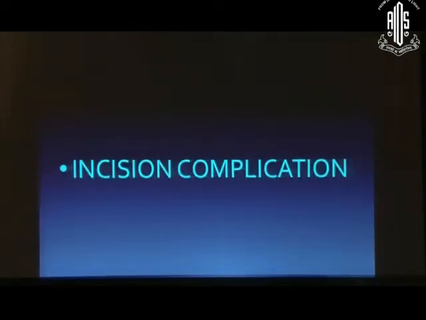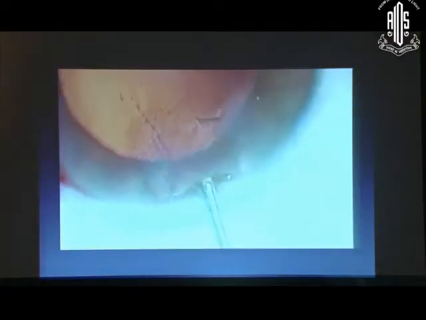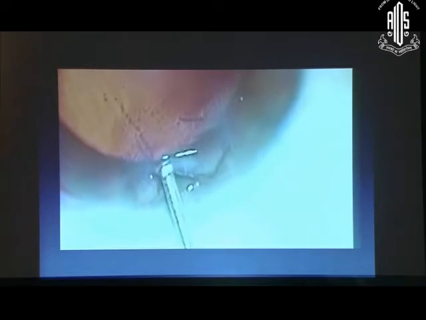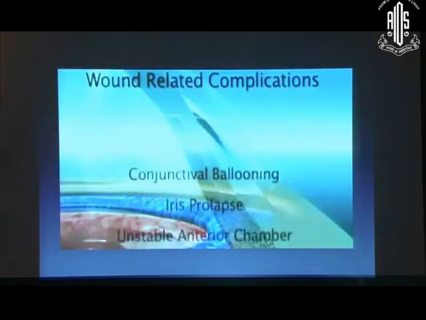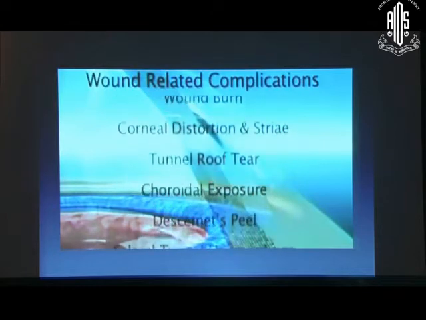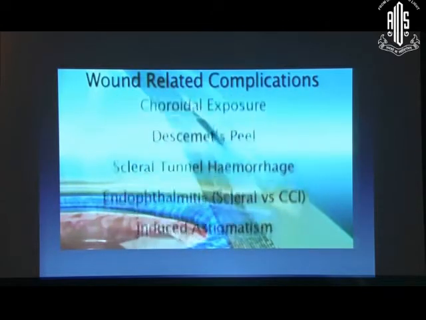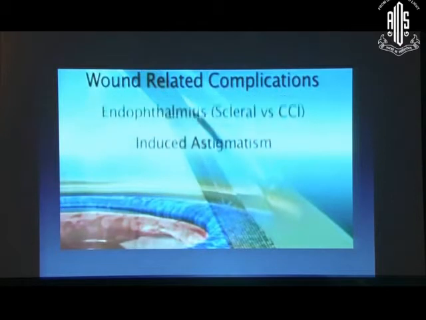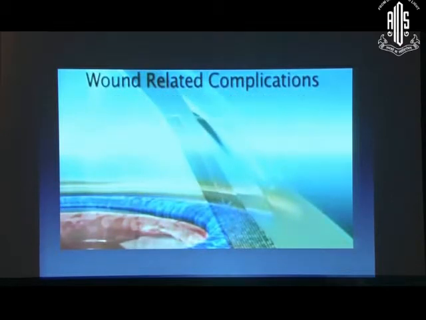So coming to the complications of your incision. An incision which is not of the right depth, that is, if it is too superficial, you can have roofing of the incision like was shown earlier. So it's very important to be at the depth where you're not too superficial, where you can have a shallow roof. It's important that your roof and the floor should be of the right depth.